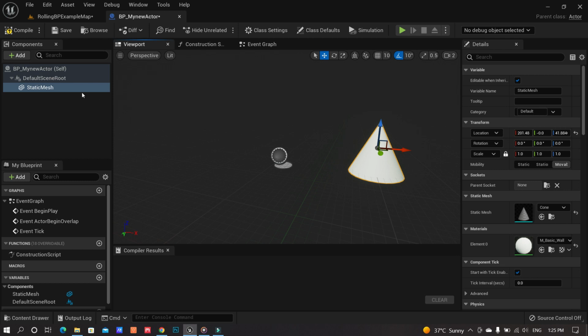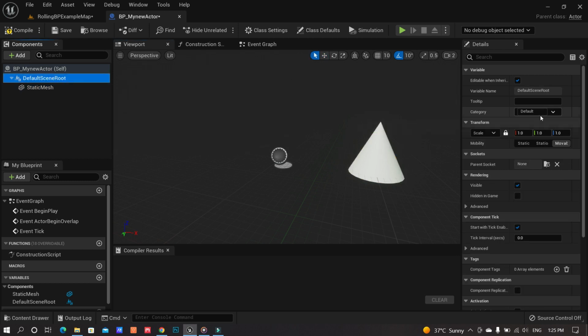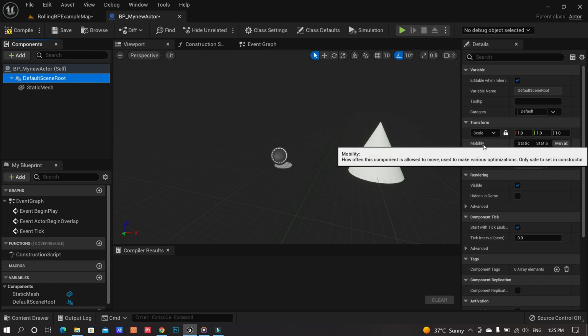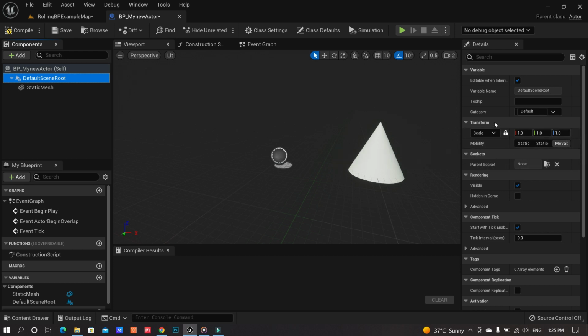That's the origin. If you click on the scene root and look at the right panel, you can see that you can't really move it or change the direction of it, or move it in any other direction, because that's the root, that's the origin.